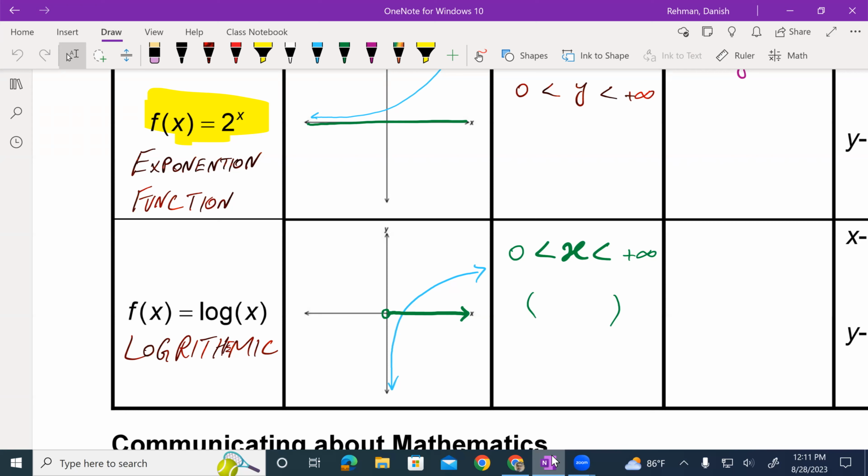If a number is inclusive... 0 is not inclusive over here. Why? Because it's an open circle, it's not a closed circle. So for this one, 0 is not inclusive. I will use the parentheses here. That's how I will mention the same thing. It's the same thing. If you mention the domain like this or like this, both are exactly the same, no